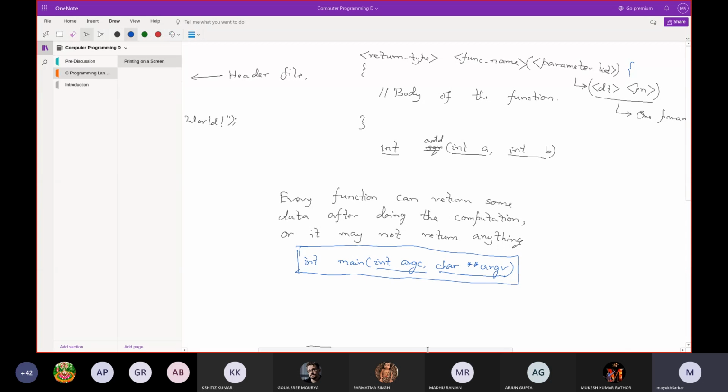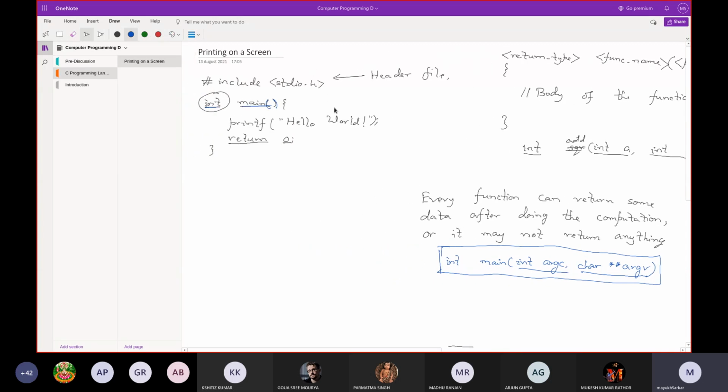A C program does not really care about the spaces you provide to it, unlike Python. So here, this is the body of the function that tells what is being done in the function. And the speciality of the main function is that the main function is the entry point of a program or of an application.